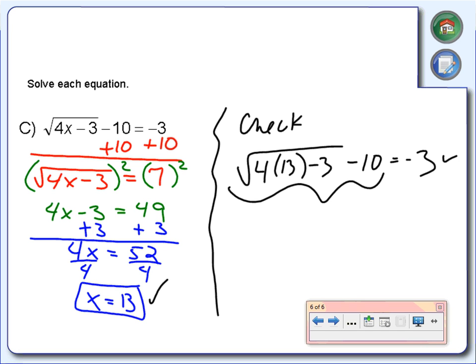We're okay. All right, so this is how we solve equations that have square roots in them. Just remember, the opposite of square root is square. All right, over on the back page there,